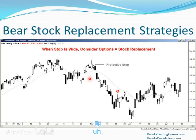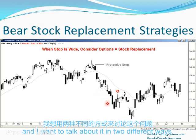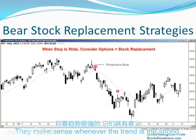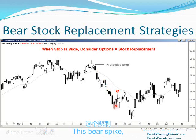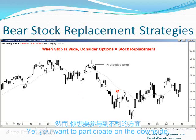Here's an example of a bear trend in the Spider on the daily chart, and I want to talk about it in two different ways. Let's say you are flat and you see this big bear spike occurring late in the bear trend, and you decide that the market is going down more, and you're correct. That makes sense whenever the trend is this strong. And you decide you want to sell, to go short, but your stop might be above the top of this bear spike. It might be above the most recent lower high. It might even be simply above the beginning of this bear spike. In any case, let's say it's further away than you want to risk, yet you want to participate on the